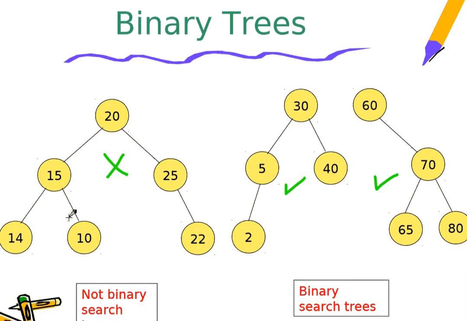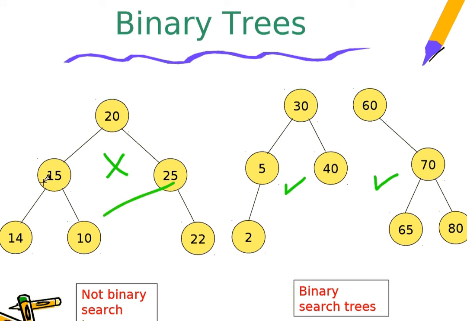The first tree you can see here is not a binary search tree. We will check why. You can see that 20 is the root. As per our definition, all the elements in the left subtree should be less than 20. That is fine. And all the elements in the right subtree should be greater than 20. That is there. But you can see here,